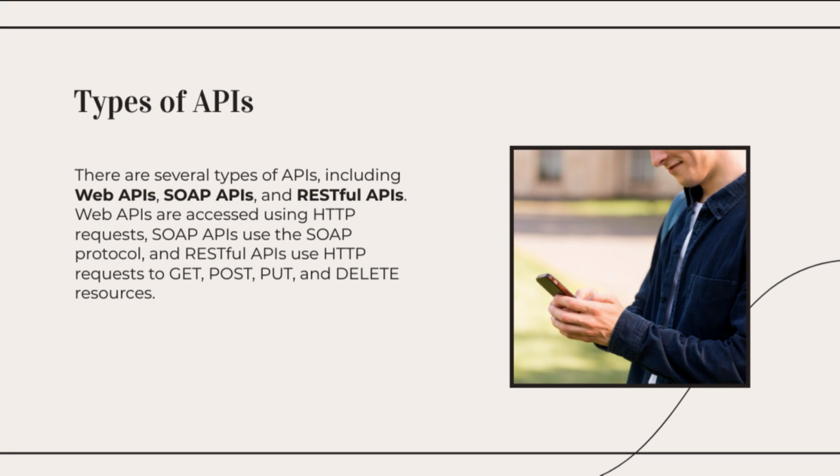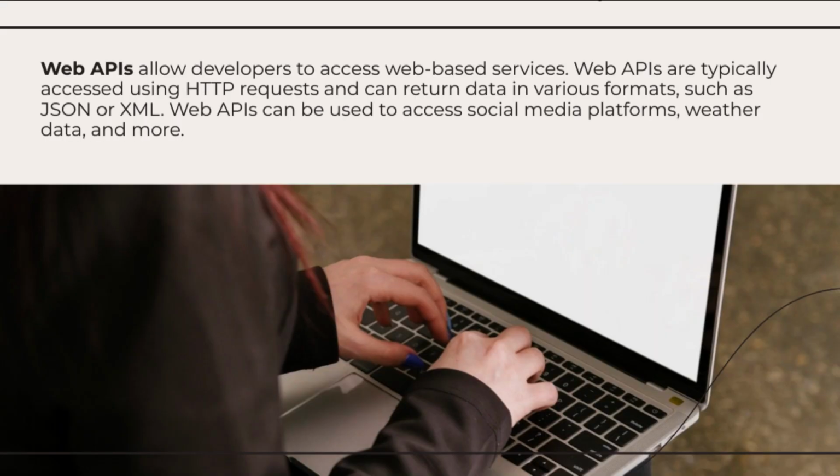2. RESTful APIs. RESTful APIs are a specific type of web API that follows the principles of representational state transfer, REST. REST is an architectural style that provides a set of constraints for building scalable and stateless web services. RESTful APIs adhere to these constraints and use HTTP methods to perform CRUD, create, read, update, delete, operations on resources. Key principles of RESTful APIs include: